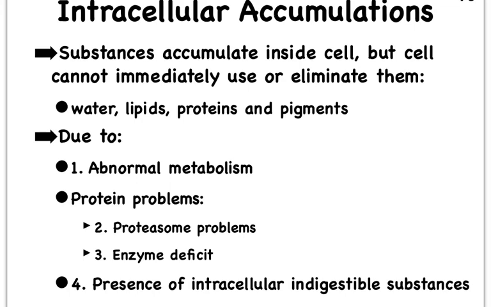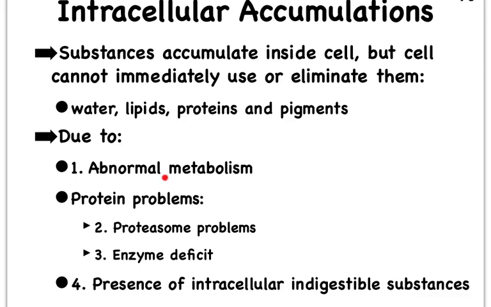So when cells are being injured, they try anything and everything to survive. We looked at how they can change their morphology, but sometimes they end up accumulating all kinds of stuff inside and don't have the proper mechanisms to get rid of whatever they've collected. I said stuff, but a cell might end up, for instance, with too much water, or too many proteins, sometimes even pigments, too much lipids, etc., etc.